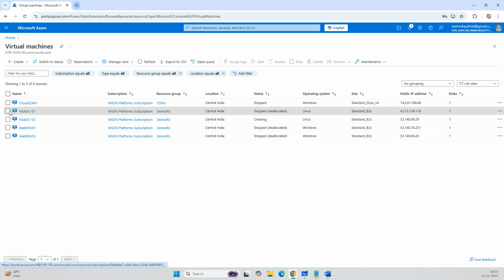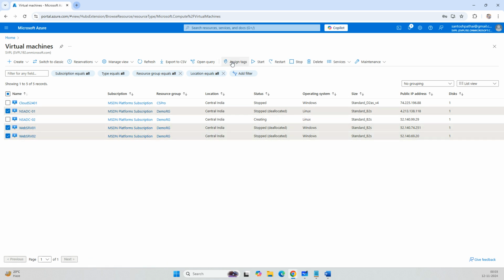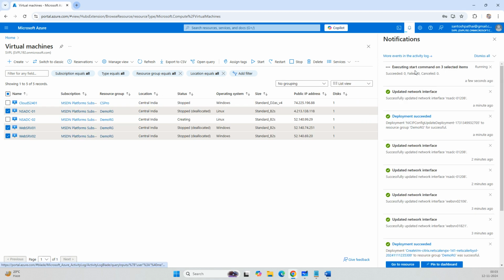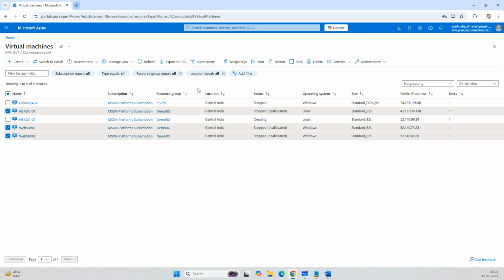configuration. Now I'm navigating to my three machines. I'm triggering the start. Yes. So first I'll be navigating to my both web servers. I'll be installing the web server role so my web services are up and ready. And it is triggering power on. We'll wait for a moment and it is done. So I'll just refresh it